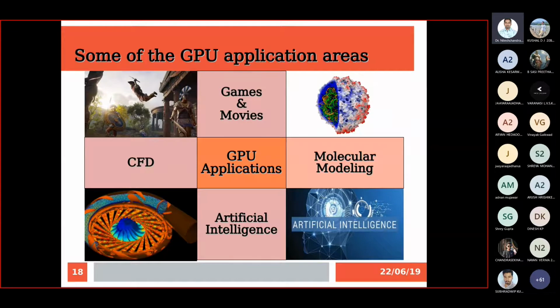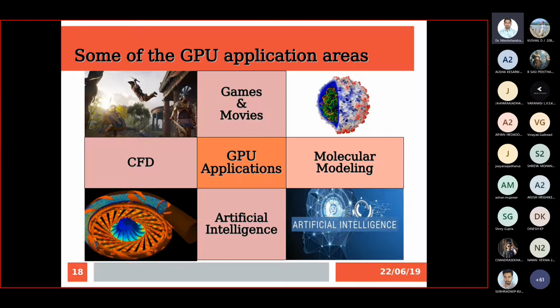Then other types of applications, like in mechanical engineering, fluid dynamics. Let's say you want to simulate a turbine based on some fluid flow. You can perform that using some mathematical background knowledge, simulate it, and display on the screen how it will work. Then different domains like drug discovery or molecular modeling, where you have to perform billions of permutations and combinations to figure out whether a particular drug will work or not.